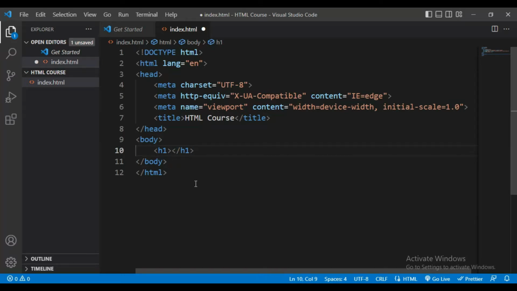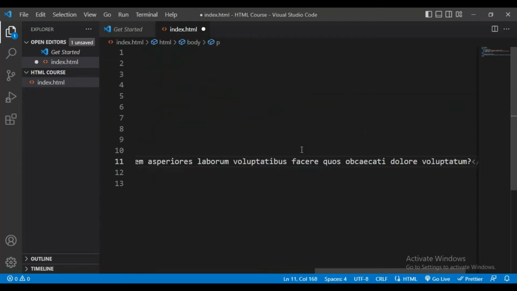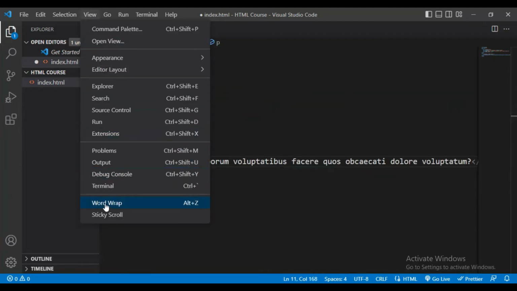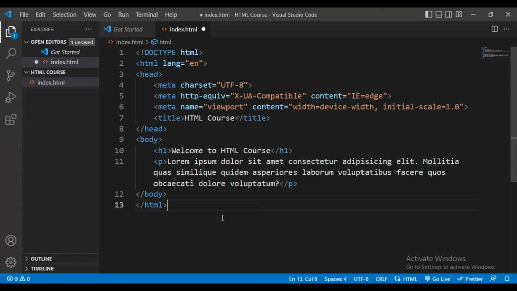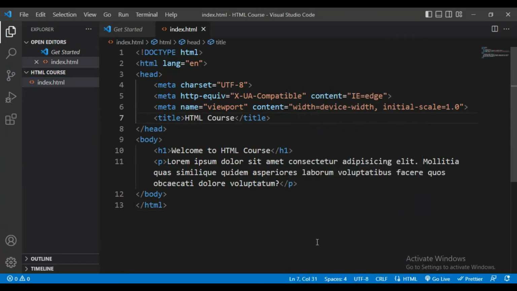Now I will write here welcome to HTML course. Next, we will take some paragraphs and we will add some dummy text. Now we have some dummy text, and now we will open it with the help of live server.